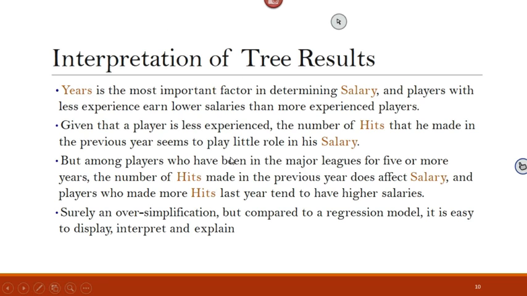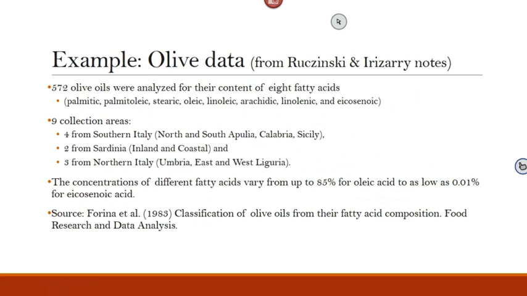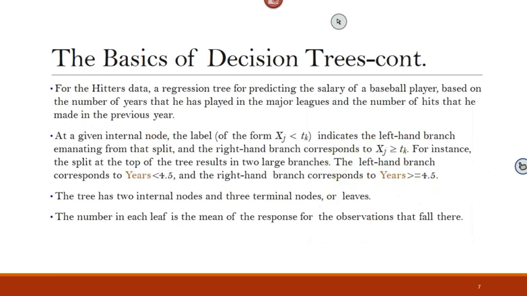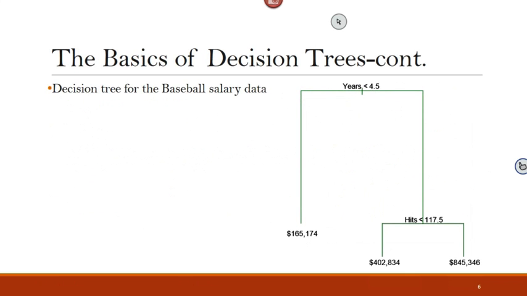So, by the way, this slide will summarize what we talked about. You can summarize it in just a paragraph as an interpretation of the result. Okay. So again, as you can see, this is the model, no equations, nothing, and that's why trees are said to be very simple and easy to use and to explain.